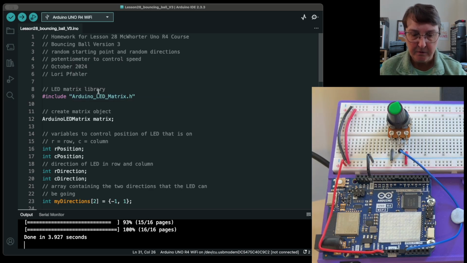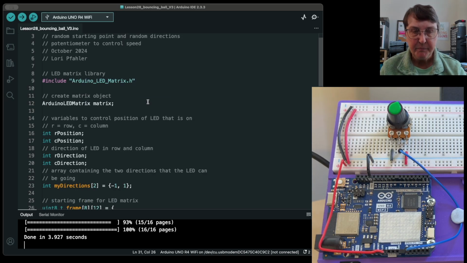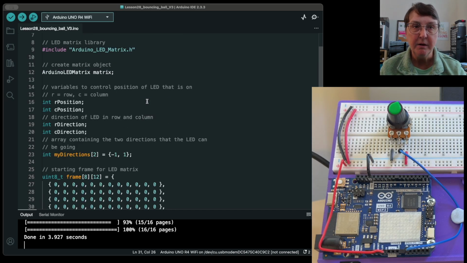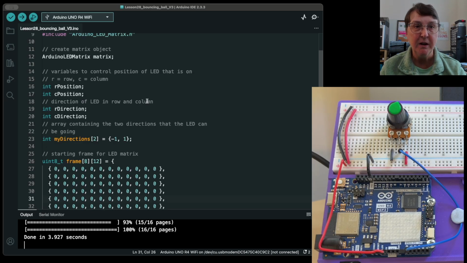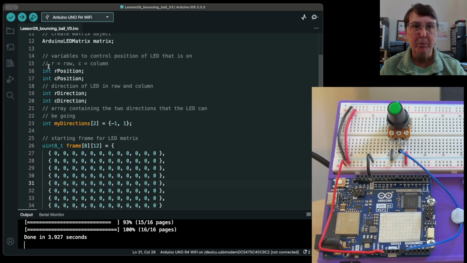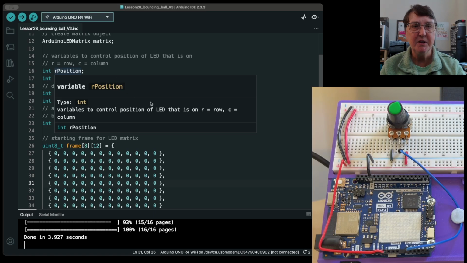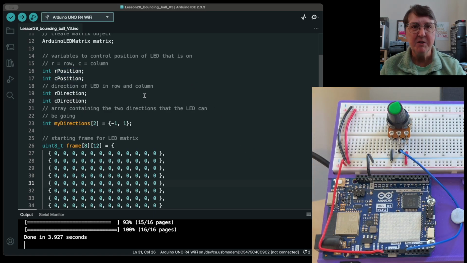All right, so let's look up here, and we'll get our matrix going, and then we need to set up the variables. So like I said, I used R and C to describe the 2 positions. So I have the R position, the C position, the R direction, and the C direction. And then as I was trying to figure out how I could randomly choose the direction, a -1 or a 1 for each of them,